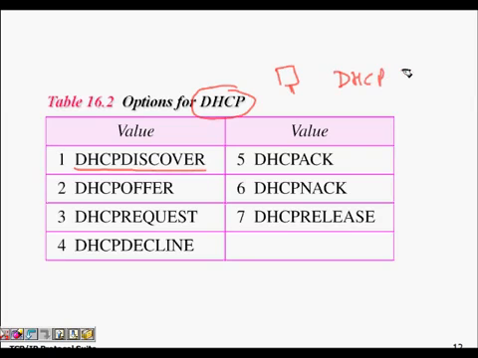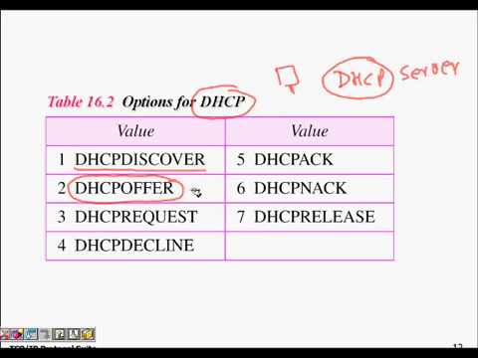He tells that, okay, I am the one who will assign you. So I broadcasted, I requested to everyone, but the person who can allocate me is the DHCP server. He will send me a reply back, telling that this is your IP address and so on. So this reply to the broadcast message is DHCP offer. Now the server will send, this is your IP address, this is the time for which I'm allocating you this IP address, this is your DNS name server, and so on.